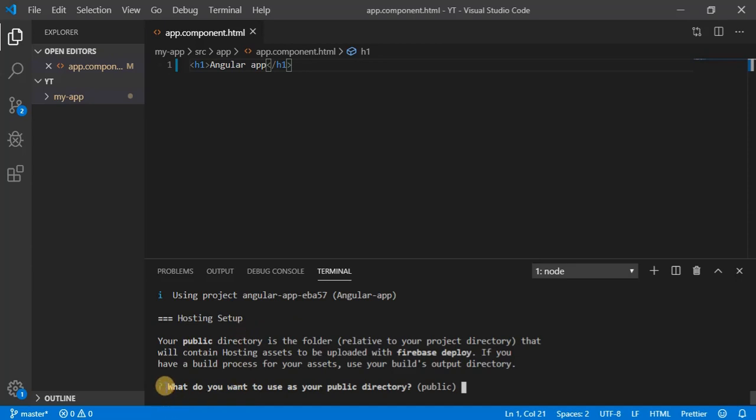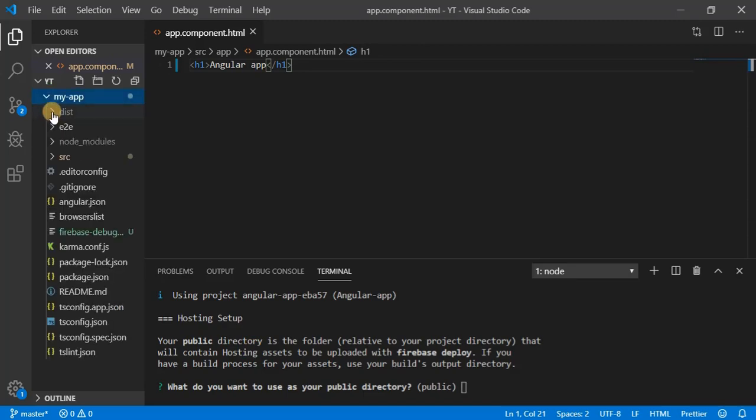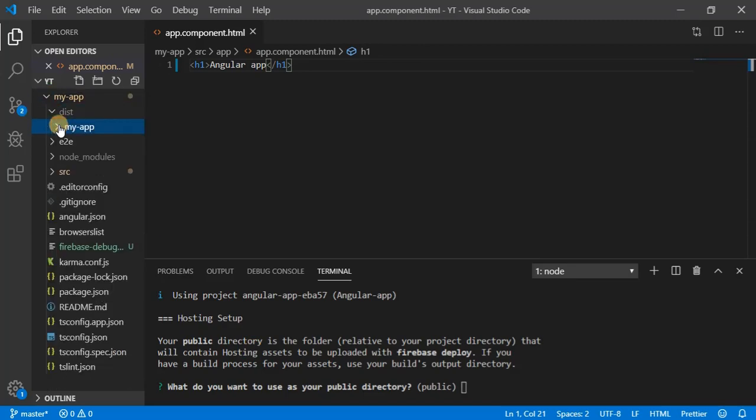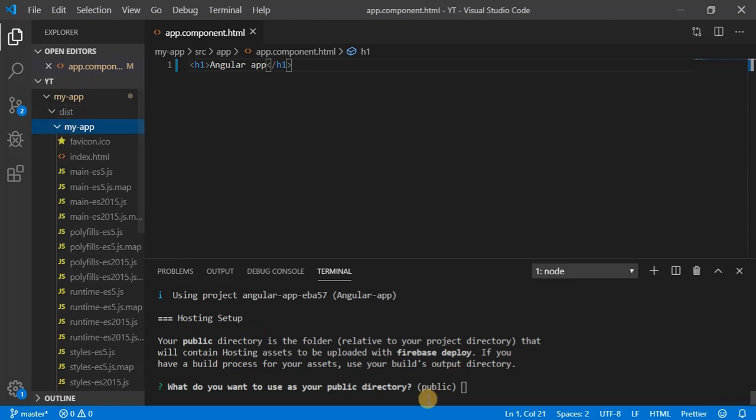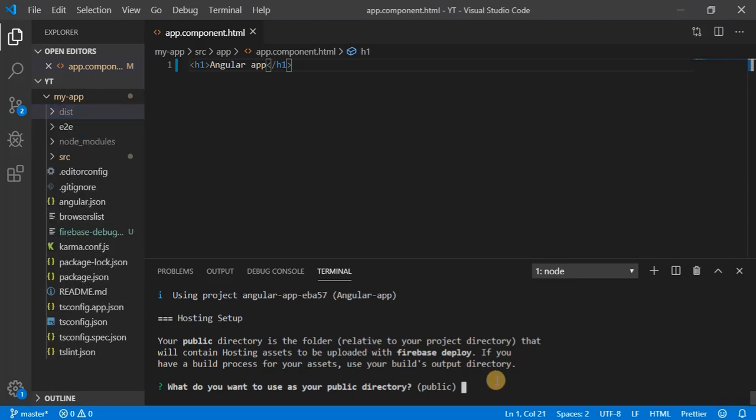Now it will ask what you want to use as your public directory. Let's come to the dist folder, and you can see dist as our public directory. But where is the index file? Inside dist there is my app, and there is index.html. So we have to give dist, inside that my app.